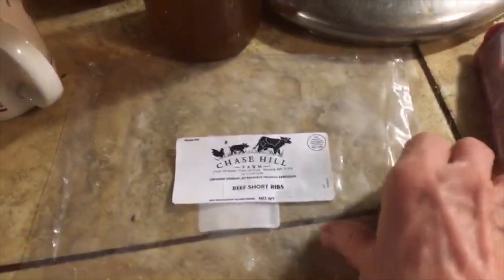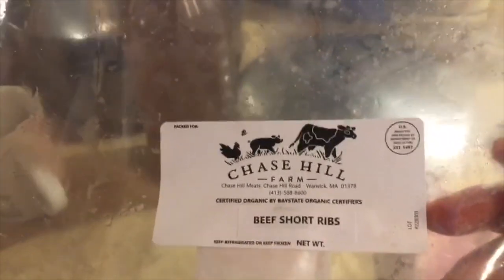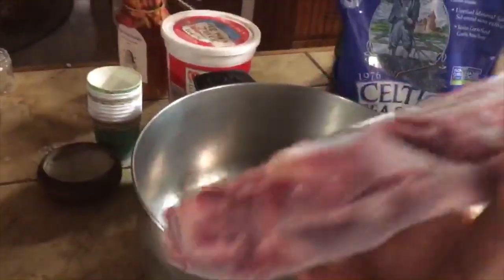So here I'm just going to give a little shout out to Chase Hill Farm, which is where we got these short ribs from. They're great folks in Warwick, Mass. Wonderful grass-fed beef and a lot of other cool stuff. And here are the short ribs. It's not necessarily considered a fancy piece of meat, but I think it's one of my favorite pieces